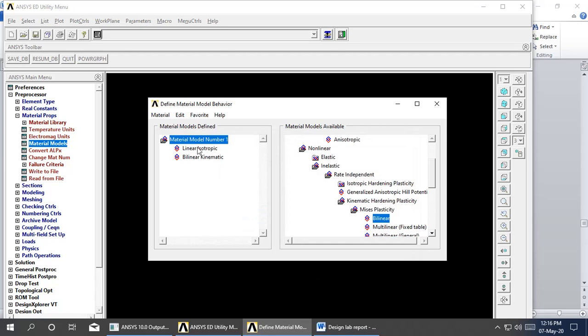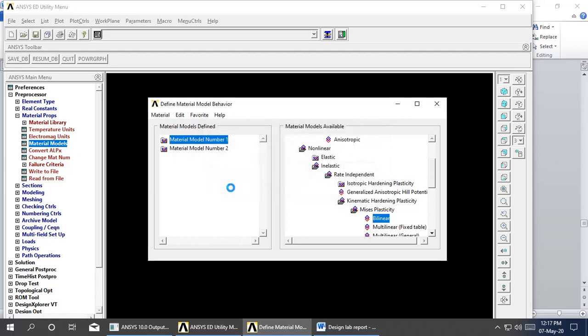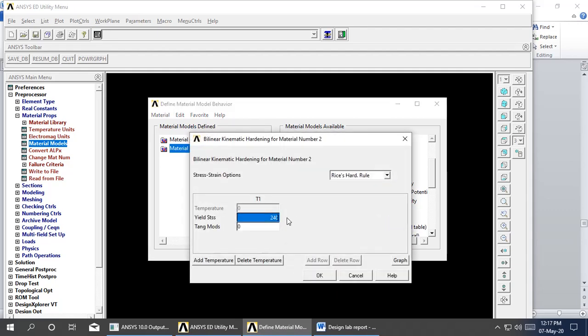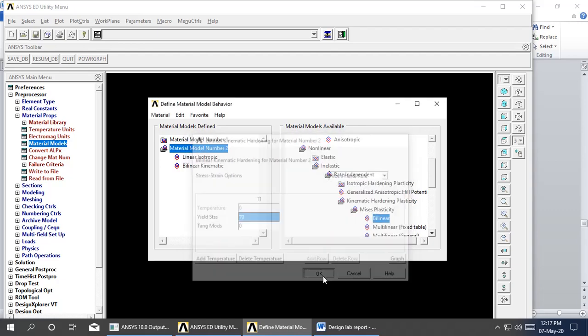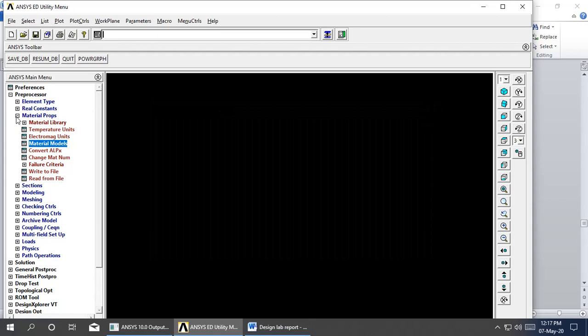Then go for edit, create a material 2 by clicking copy, select material 2, and select bilinear again and give the material property of the copper, which is 70 MPa. Close. The material properties are created for both mild steel and copper.